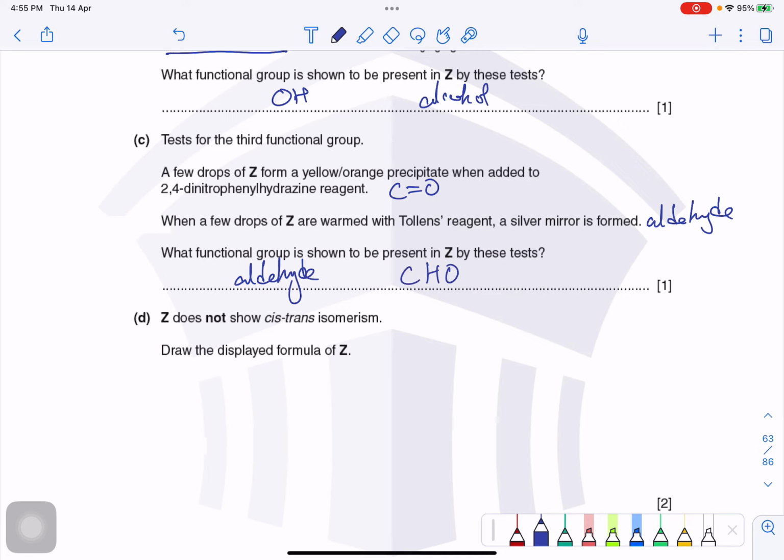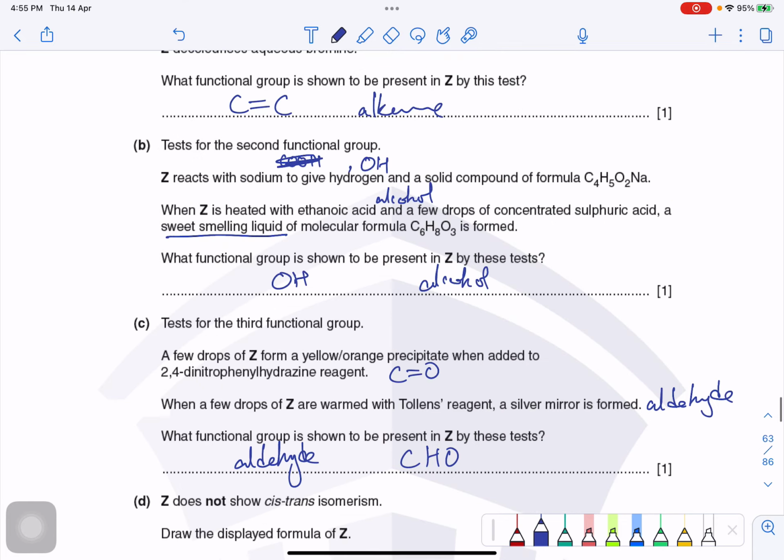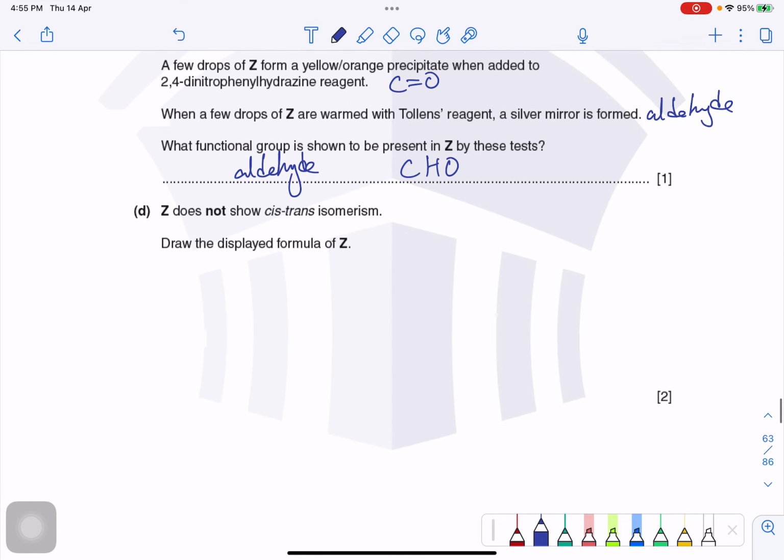अच्छा, Z does not show cis trans isomerism, मतलब इसमें डबल बॉन्ड जो है वहाँ पर डिफरेंट ग्रुप्स अटैच नहीं हैं। डबल बॉन्ड होना ज़रूरी है क्योंकि वी ऑलरेडी नो डबल बॉन्ड है, बट डबल बॉन्ड पे जो कार्बन है उस पर दोनों हाइड्रोजन लगा दो या दोनों CH3 लगा दो, तब जाकर हमारे पास सिस ट्रांस आइसोमरिज्म खत्म होता है, वो नहीं होना चाहिए। अच्छा, तो इसको डबल बॉन्ड लगा देते हैं, ठीक है।